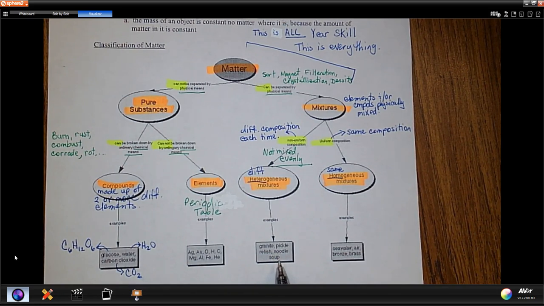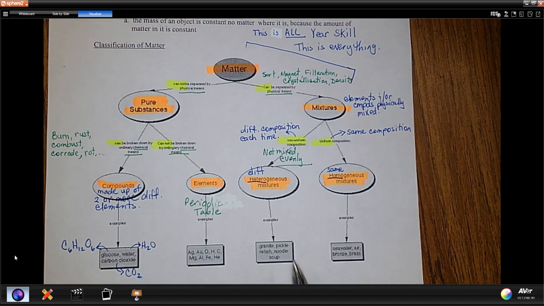So if you have granite counters in your house, look at one section of the granite counter and compare that same pattern to another section. It is a little different. The speckles are different. You can even say that with the noodle soup. You can take a spoonful of noodle soup, one bite, and then have another bite of noodle soup and have a different composition of stuff that's mixed in